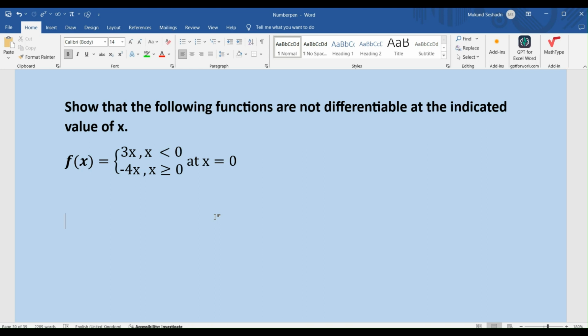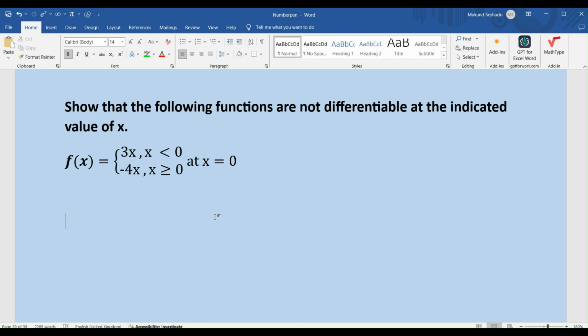So there we have the problem on our screen. Show that the following functions are not differentiable at the indicated value of x. f of x equals 3x for x less than 0, minus 4x for x greater than or equal to 0, and we have been asked to examine the differentiability at x equals 0, right? So the function undergoes a transformation as we move through 0, and that's exactly where we've been asked to examine